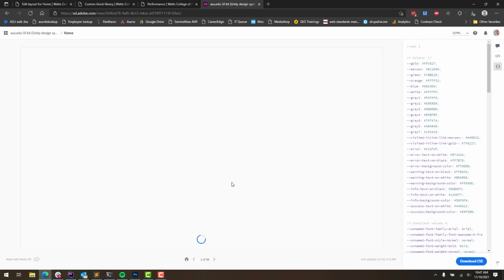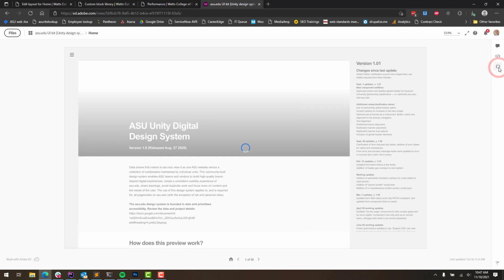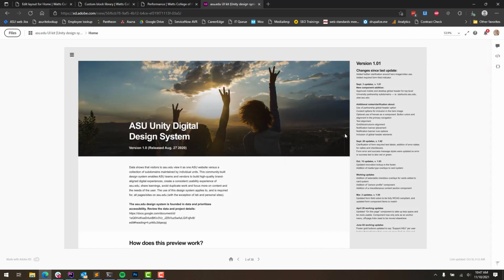This is kind of the Bible of our web standards design. You should be very familiar with this if you're editing any websites. So bookmark it, please,